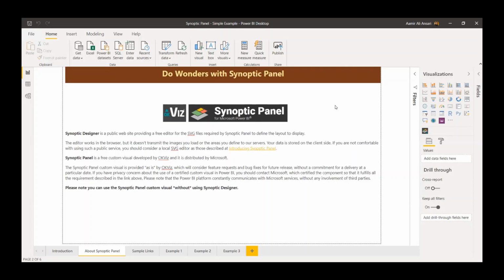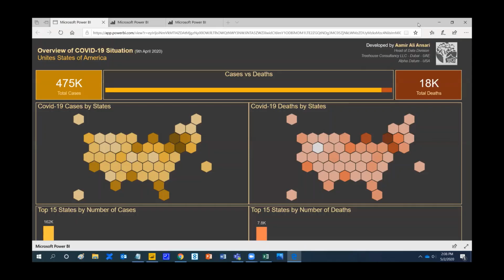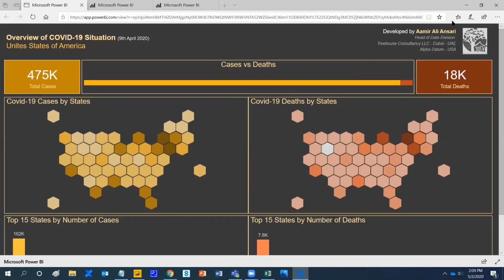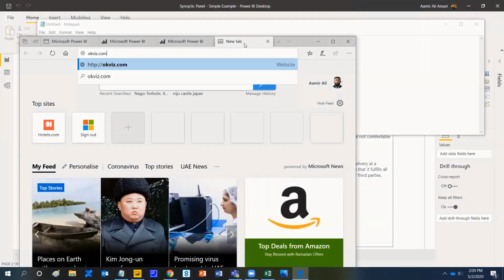So before we move forward and give you a walkthrough of how Synoptic Panel works, I'm going to show you a couple of examples. This is the first example which I'm showing you right now. In this example, I have incorporated two Synoptic panels in a single file. But if you go to the Synoptic Panel website, you will be able to see